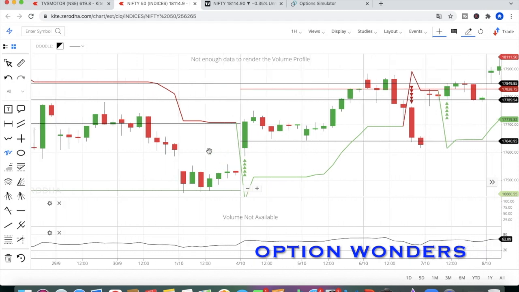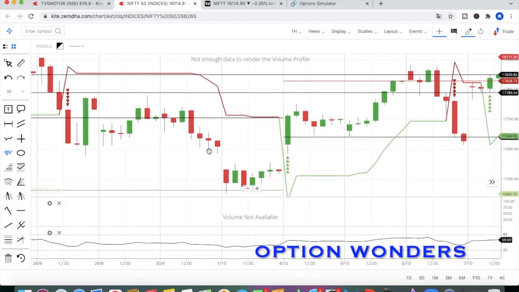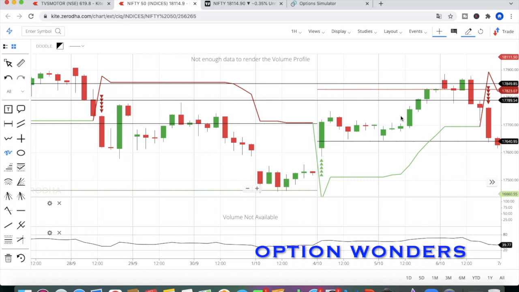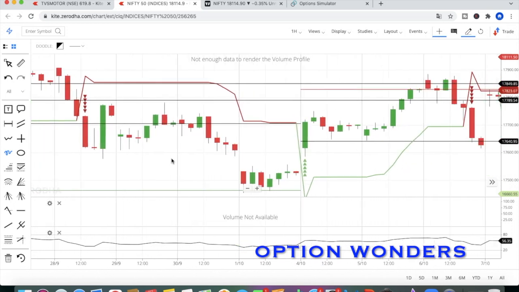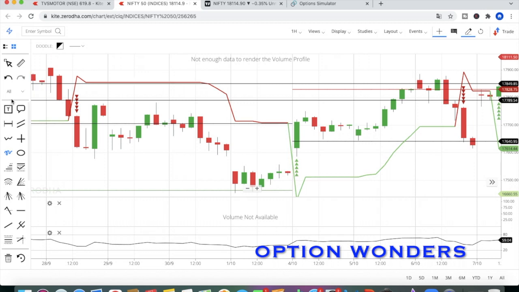Now if you take all the cases and do the back testing, you can find there is a 70 to 80% probability of winning this trade for the intraday strategy. Here you can see the market is in a trend. In a sideways market also, see, there are two things which you have to consider after taking the position. After 2 p.m. you cannot enter into the trade. You should not enter into the trade after 2 p.m.